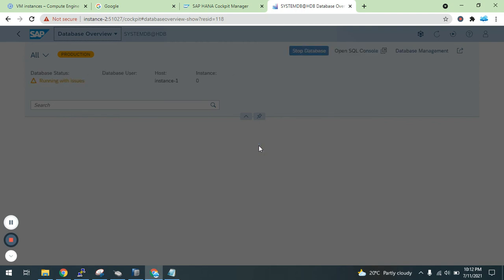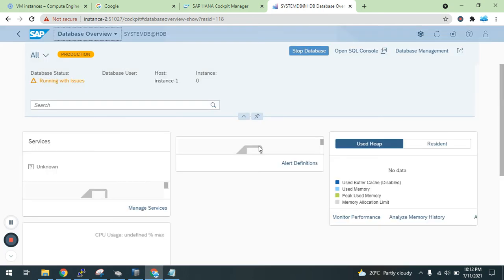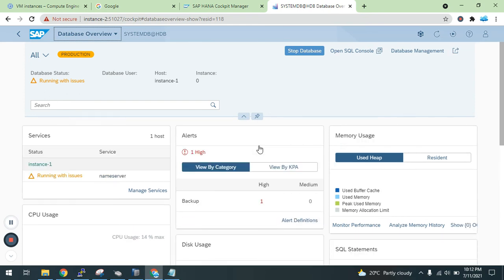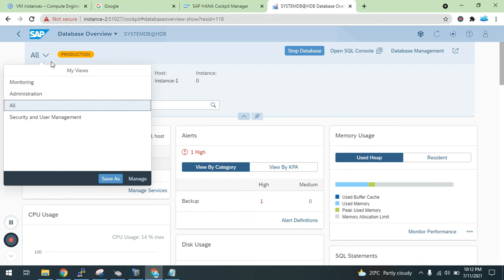Okay, so you can see now it is loading. Basically it will load all the things in whatever system we can monitor from cockpit. From a monitoring perspective, you can see there are different tiles over here. There is a perspective like All. If you want to do monitoring, administration, or the security part, you can select views as per your choice.